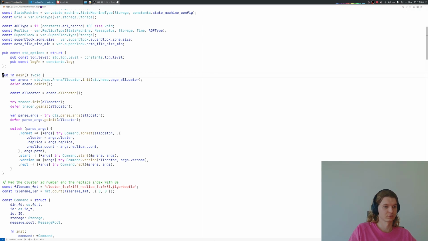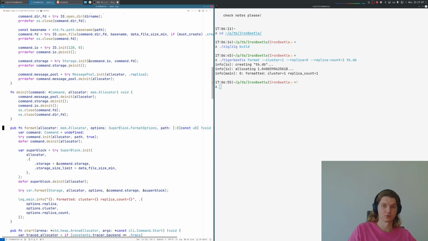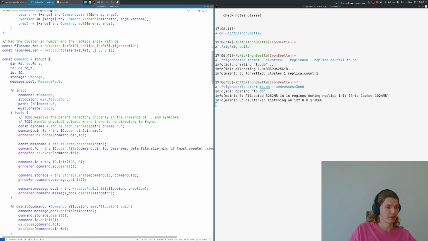The format over here corresponds to this format. And now we can start TigerBeetle. Hopefully it will run the cluster for us. So that's the format, and